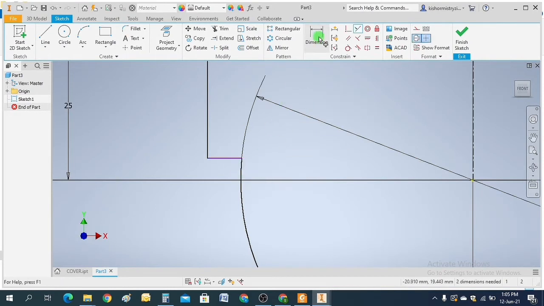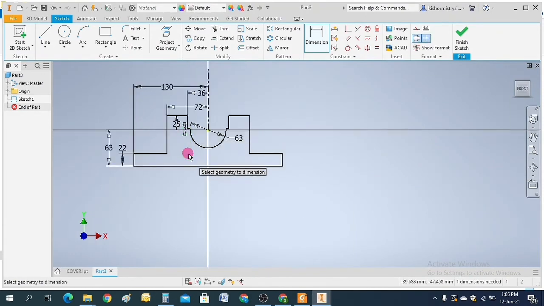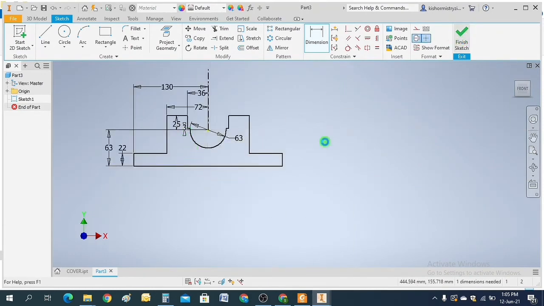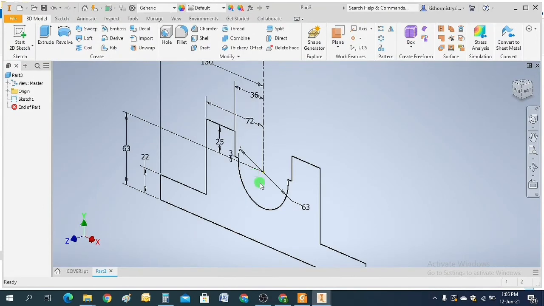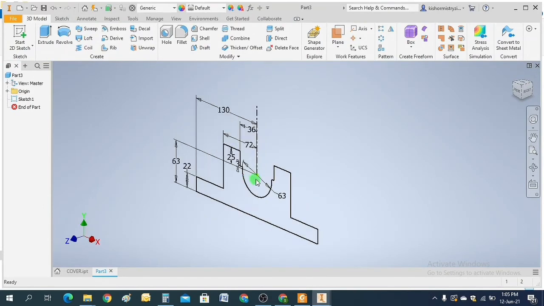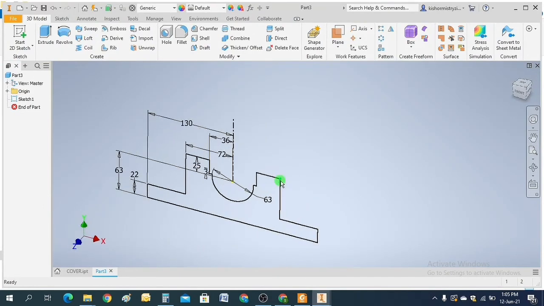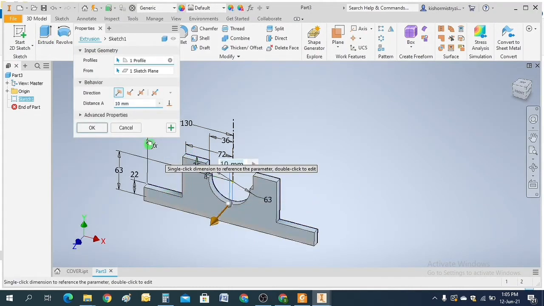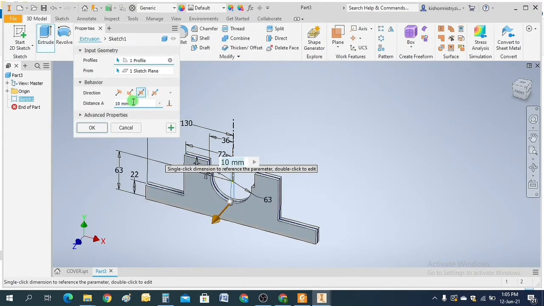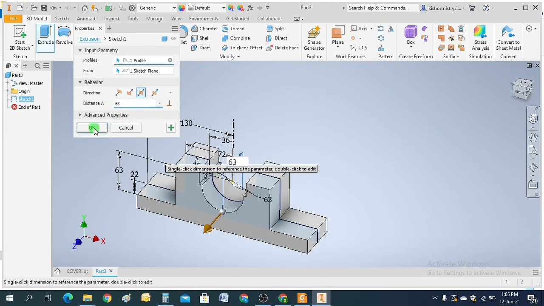This, give dimension 3. Exit sketch, create extrude, symmetric, 63. Okay.